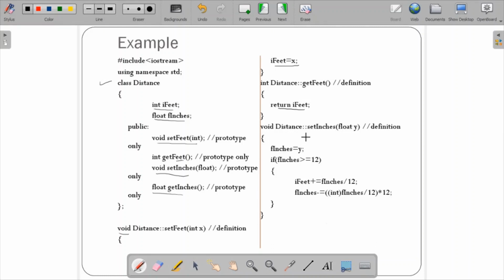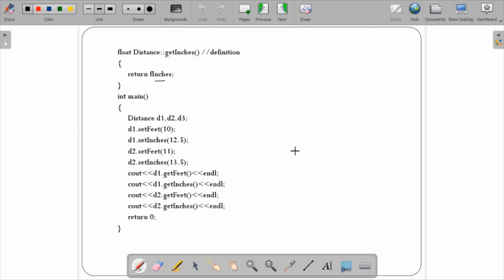Now for example, if it is taking the value, say I have given within main the value 10, then this will take the 10. If f_inches is greater than or equal to 12, no, 10 is not, so f_inches value will be 10 itself, and it will return the value 10.